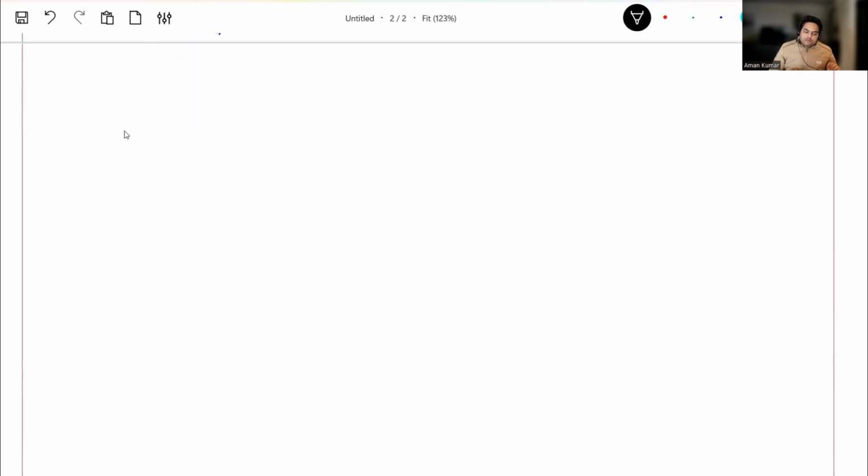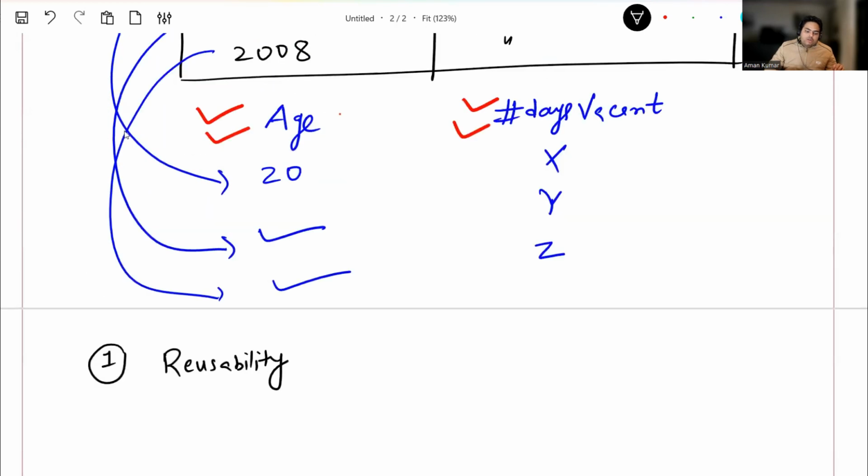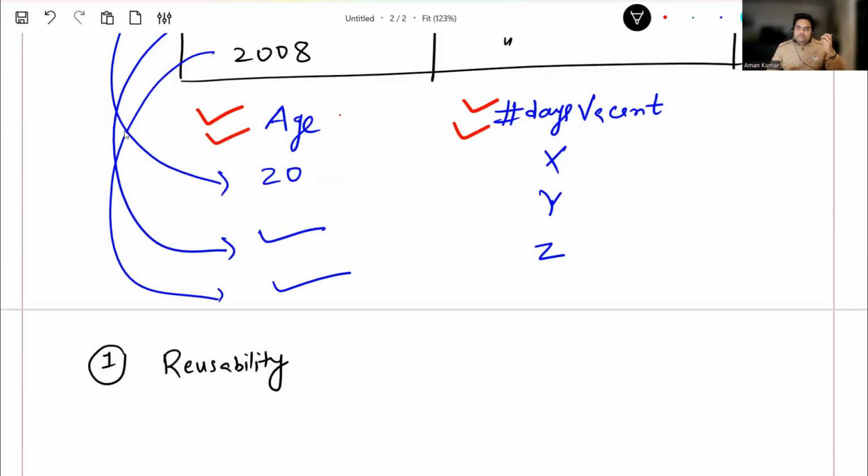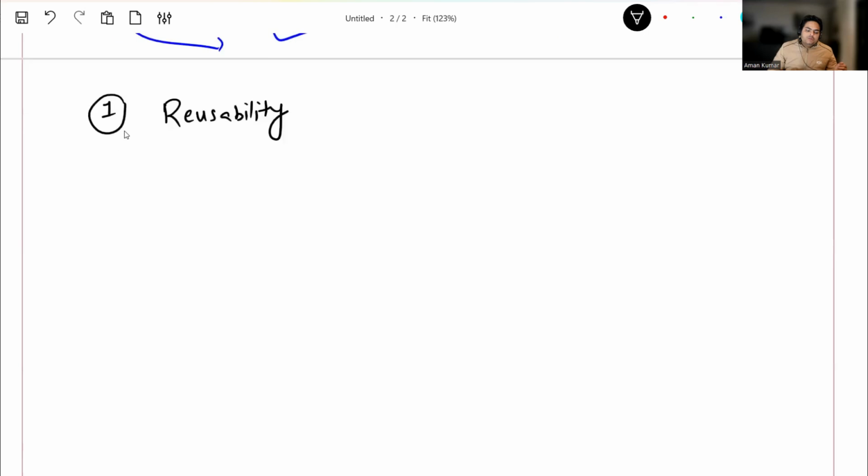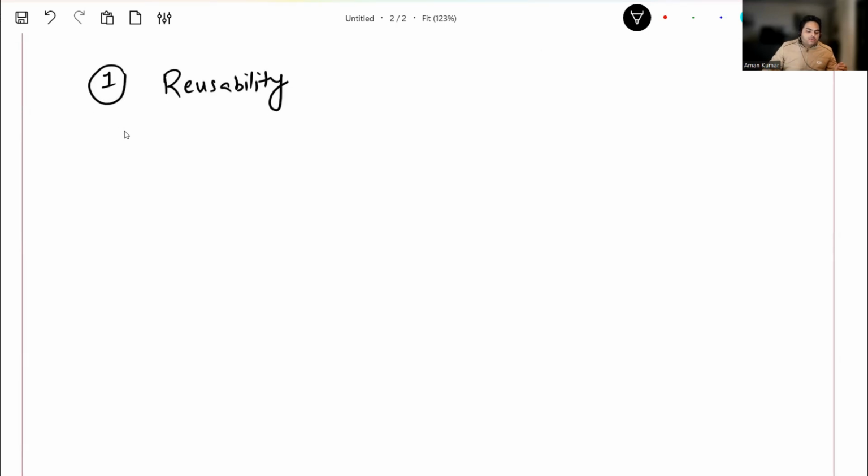So one thing that I explained to you till now is feature stores are needed because of reusability of features. Now 10 different people are working in 10 different projects. All of them may need the same feature. Since the feature is stored in the feature store, they can pick the feature from there. Okay, reusability is one thing. Second thing you need to understand is